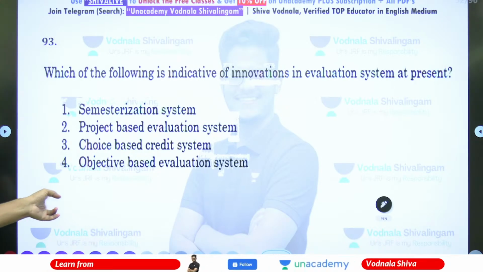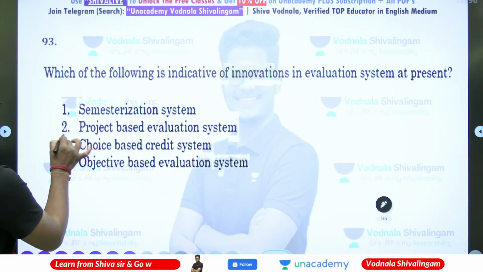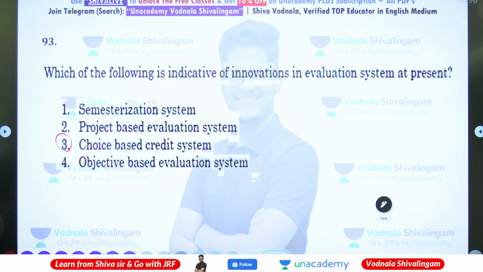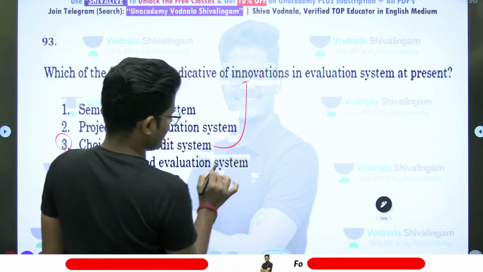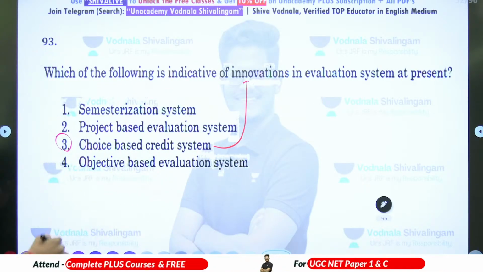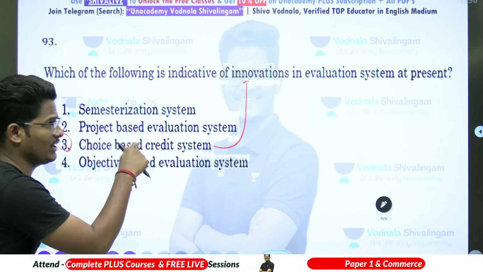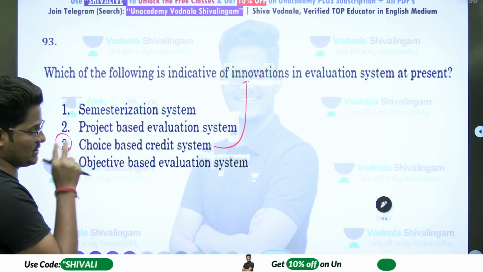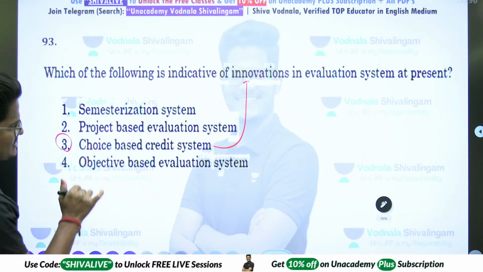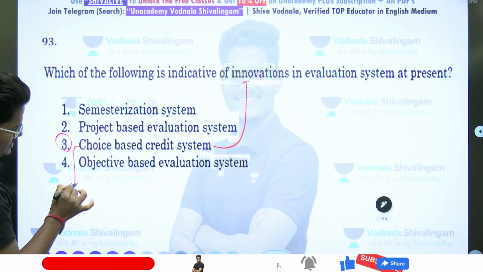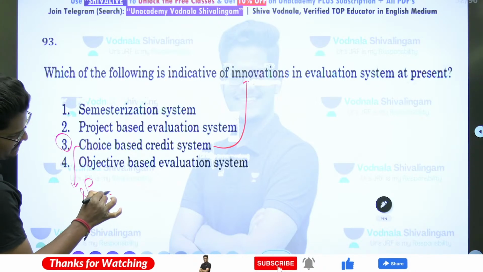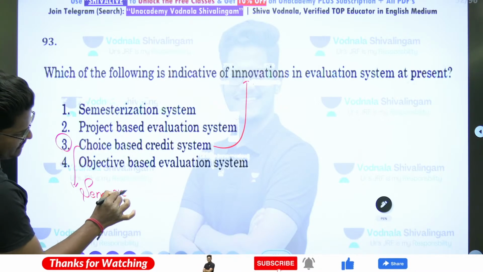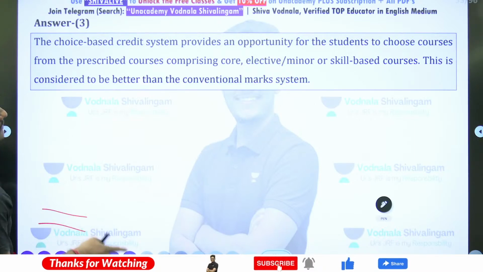So the answer for this question is 3. Choice based credit system. In a recent innovation, this CBCS came into the picture, which is credit based and electives are going to be introduced. This is not a new academic innovation. This is an evaluation innovation, not academic structure. Because of this evaluative innovation, the academic structure converted into a semester one. Because of this innovation in the evaluation system,